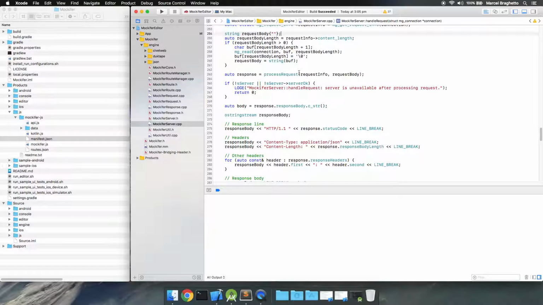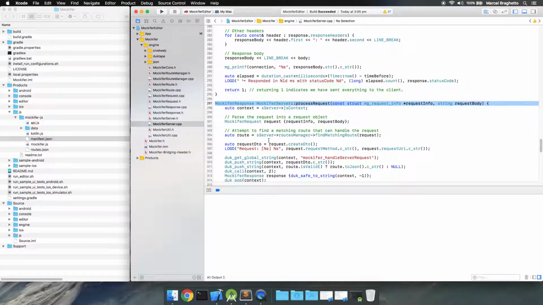And the way we decide what to do to respond is we have a process request method here. And I'll just hop down. So what goes into that process request is the information about the request itself. And if there was a request body, which you would have for a post or a put, it sends that across as well. So if I hop over to the process request method, which is just down here,